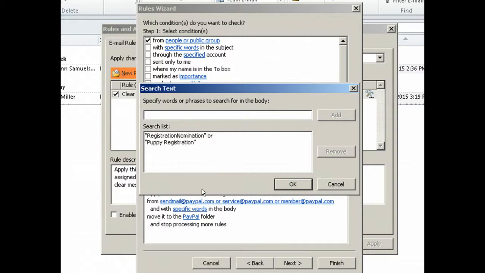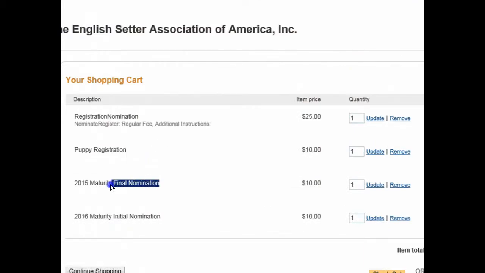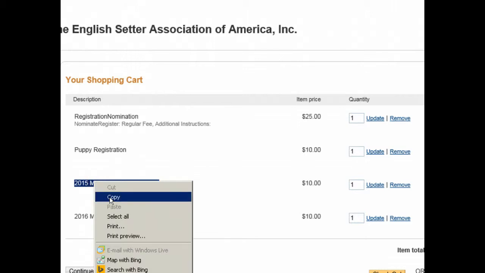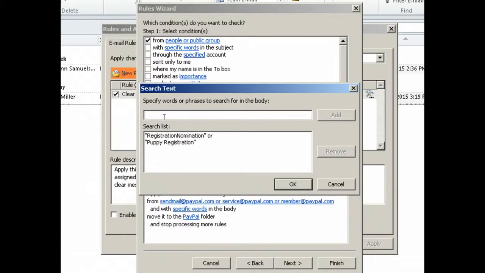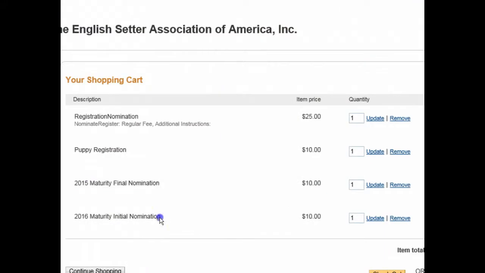This is the Boolean OR statement because I know that all of these items are going to go to futurity maturity. So I do the 2015 maturity final, copy it, and we will paste it in there and add it, and then go back for the last one, which is a 2016 initial nomination,